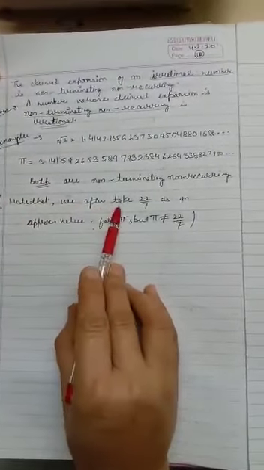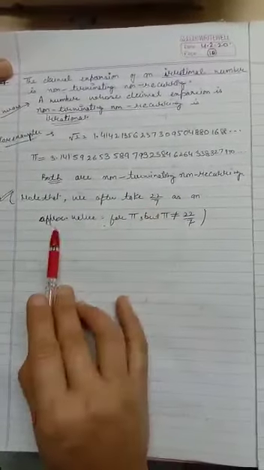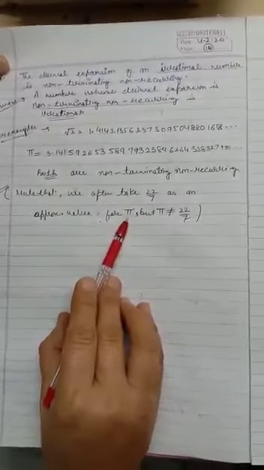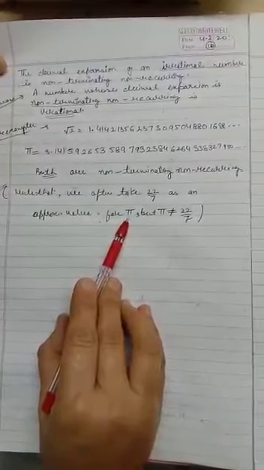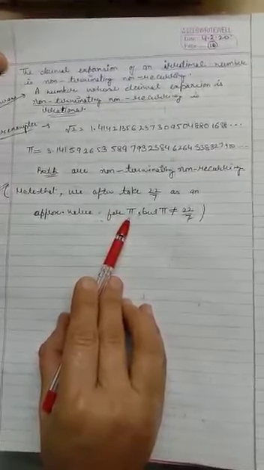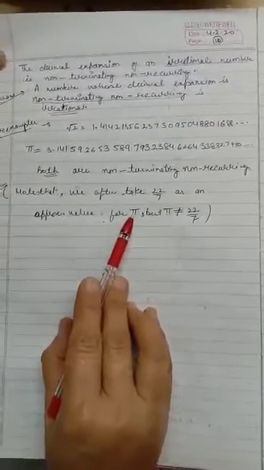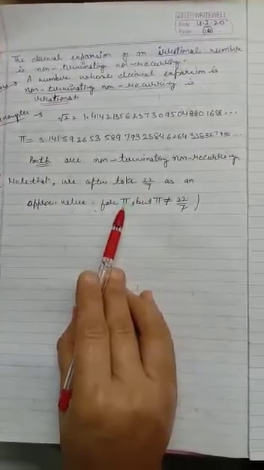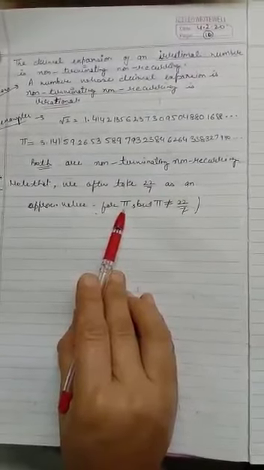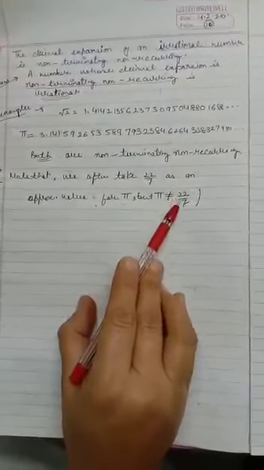Note that we often take 22 by 7 as an approximate value for pi. We have discussed earlier in your classes in 7th or 8th standard, when we discuss the value of pi, we generally say that pi is equal to 22 by 7. You should understand that 22 by 7 is just an approximate value for pi, but pi will not be equal to 22 by 7. Now, this is all about our